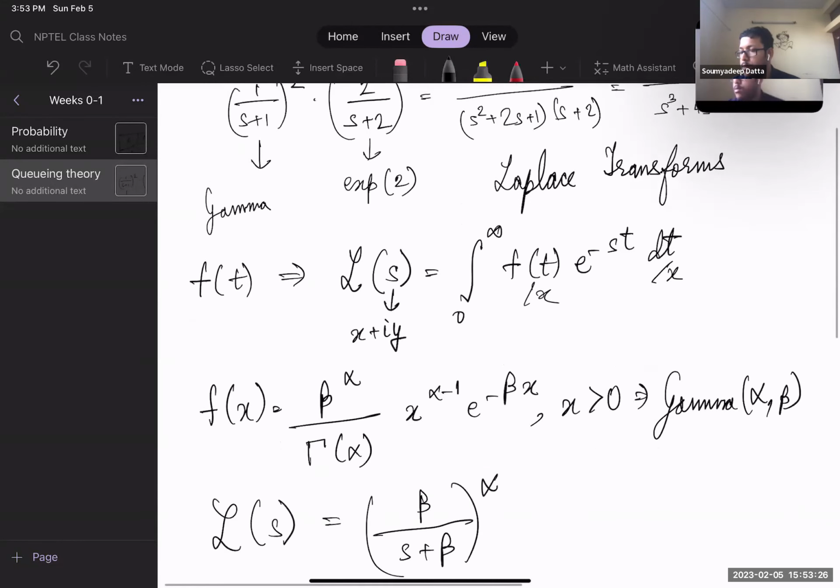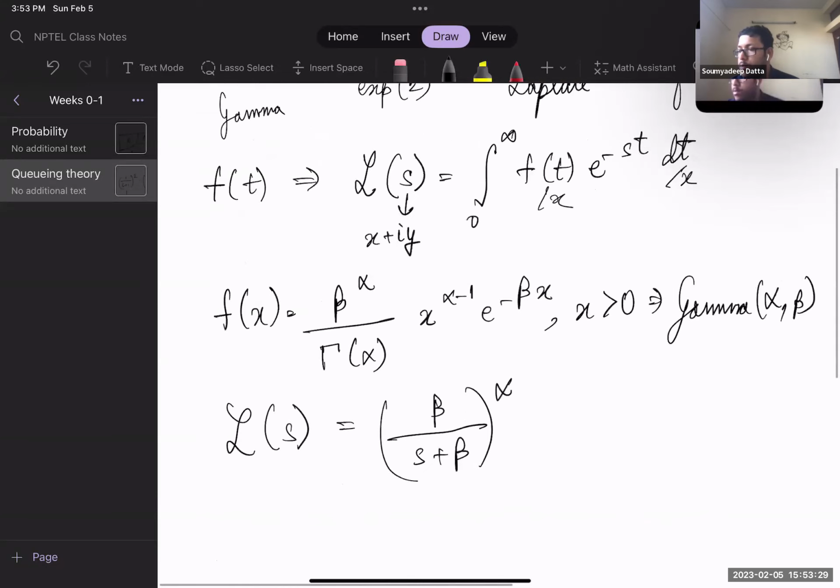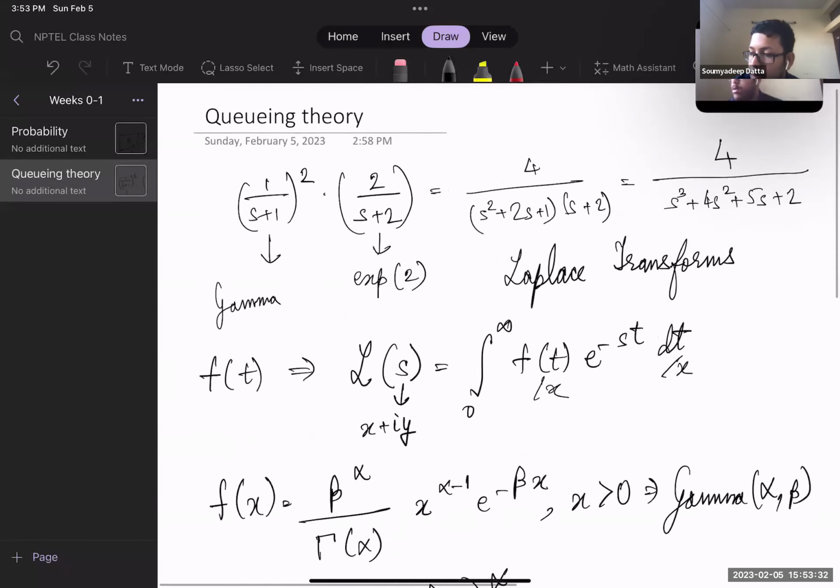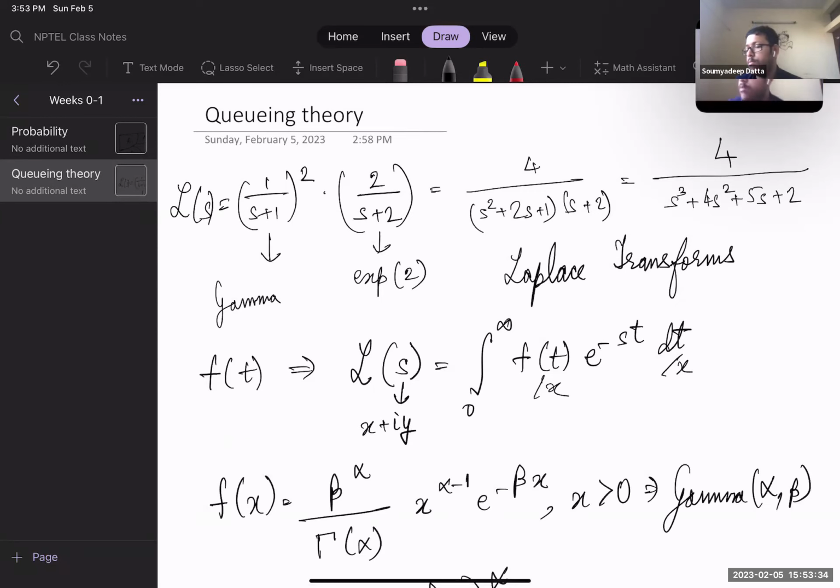Just look at this formula. You are provided some Laplace transform which is of this form. You might be provided something like this on the right hand side, and you have to do the reverse factorization. I kind of made up a problem right now. So just go the other way, and you will have some function like this, which you can factorize and get the actual form, which is the product of